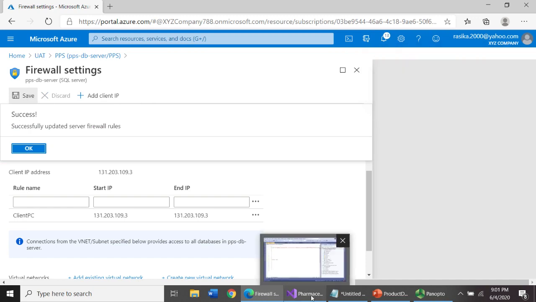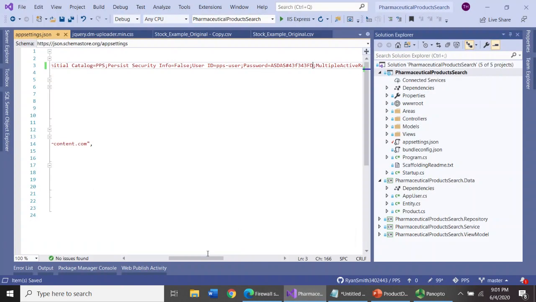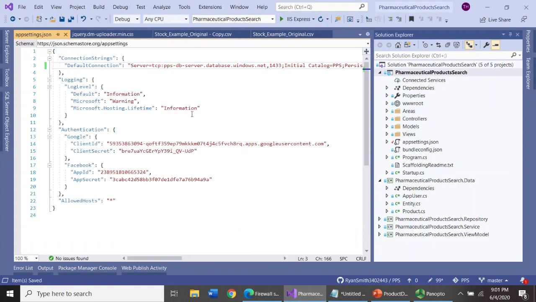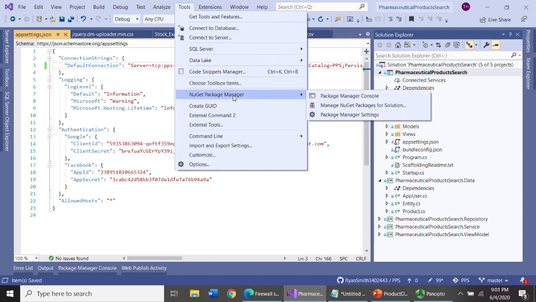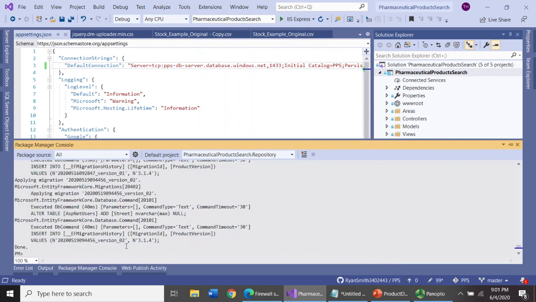Now we can start the deployment process. Firstly, I'm going to deploy the database. To do the database deployment, I will use the package manager. Okay, I'm going to the package manager. I am going to deploy the database.